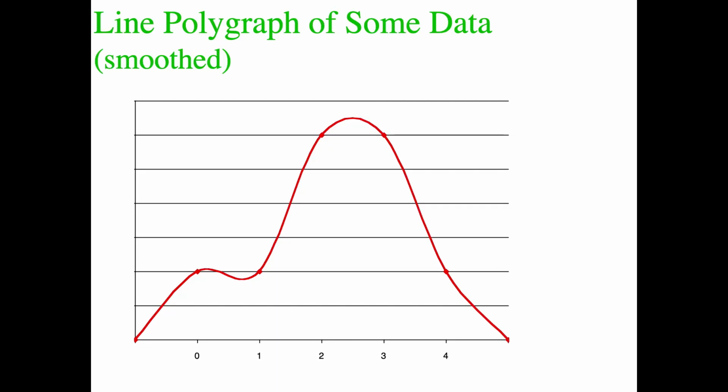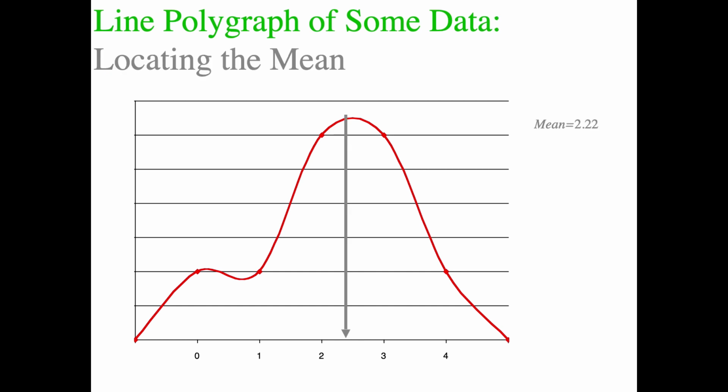Now, imagine that you've actually calculated a standard deviation and a variance, and I just wanted to show you how this all fits in with things. So here's some data. It's been smoothed with a line polygon. And if I take the numbers that I was using to make this particular distribution, the mean would be 2.22. So I'd found out that the mean of this particular distribution was 2.22. There's our measure of central tendency, the most typical score,